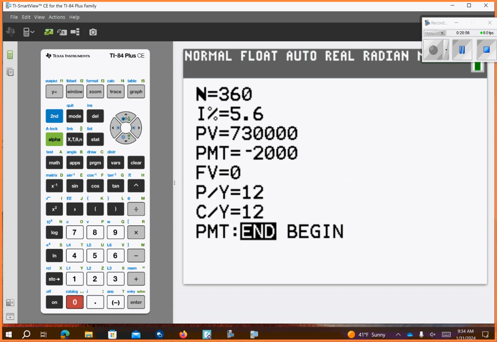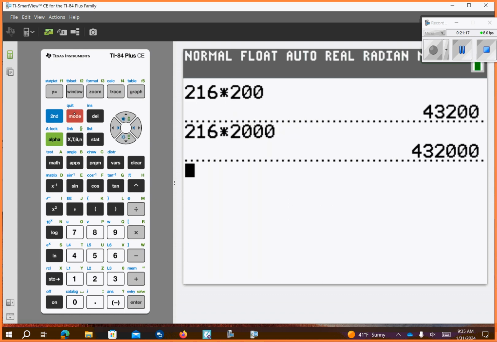So what we want to do is we want to take our future value to 0. We're still doing payments. So I'm going to look at what my payment would be. So I'm going to go hit alpha, enter. So my payment, if I put nothing down on the house, would be roughly $4,200, rounded up to the nearest 100. Agree? Okay, so $4,200 a month